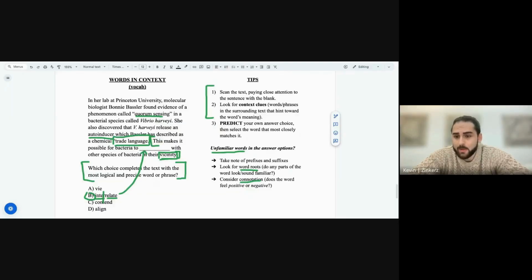So again, to recap, when you're looking at vocab questions, be sure to take a look at the text, get a general feel for it, pay close attention to the sentence with the blank, and then think about a word that you yourself would put there. That prediction is going to set you up for success and maybe a quick response with your answer choices. If the words there are unfamiliar to you, it's definitely helpful to use these strategies: prefixes, suffixes, word roots, and connotation. So hopefully you find this helpful as you're tackling these words in context questions,